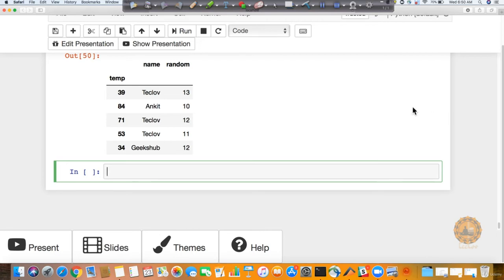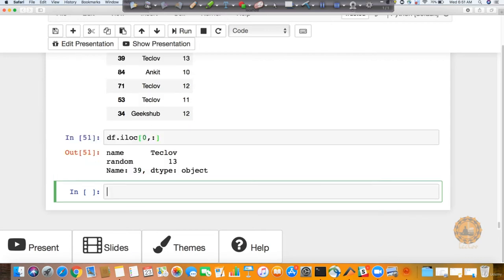Now there is also something called loc. Let me show you a subtle difference here. You already remember that when you say df and you just define your index, in fact let me put it for iloc first. So let's say when you're saying iloc and you were defining the value, let's say you want the zeroth row and you want all the columns.